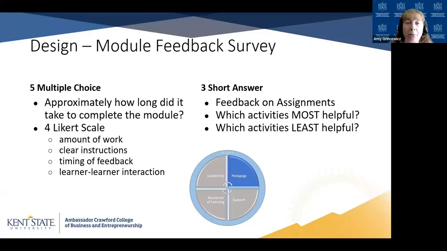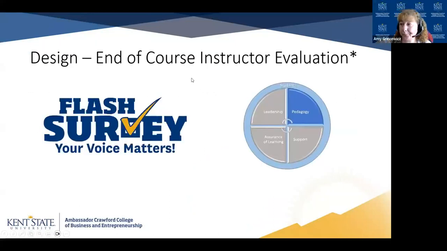And so this was really critical. And this is part of that pedagogy link, because this was definitely something between the instructional support office and the faculty of getting these module surveys in place in the courses, and then also looking at all that data. So that's where everything kind of started, was looking at module feedback surveys. But then after we got all that data analyzed, which I'll talk about later, then we started looking at other ways that we can implement student feedback.